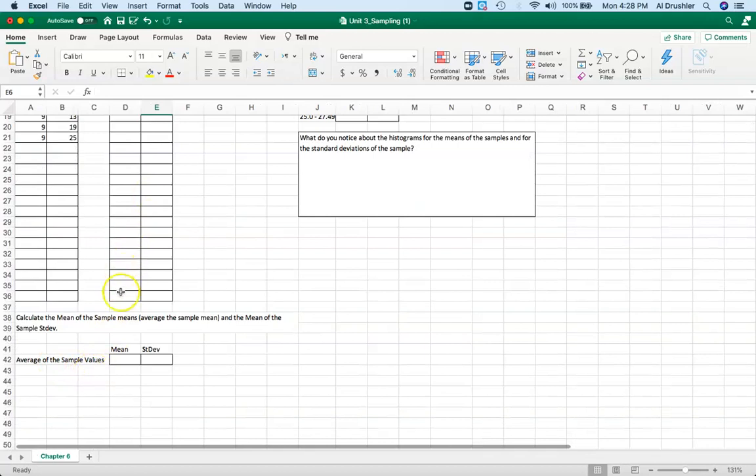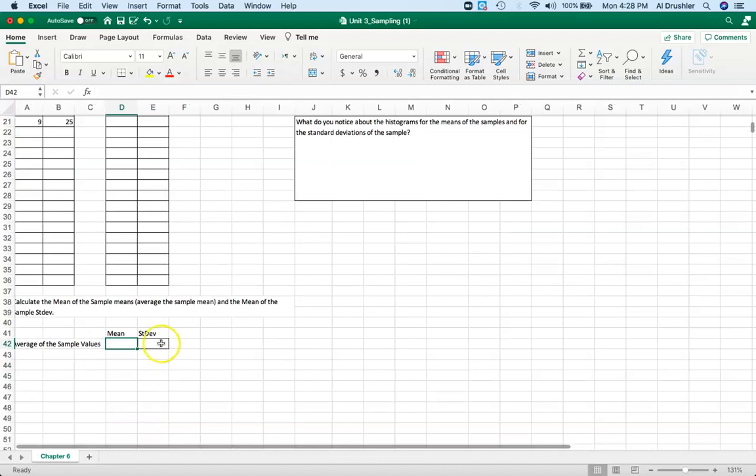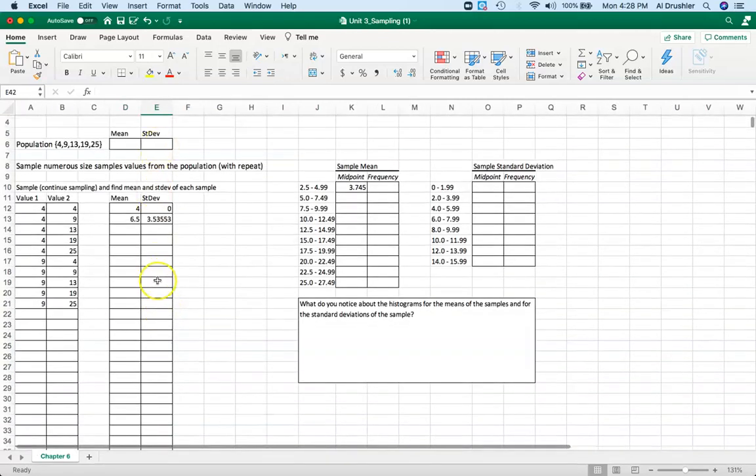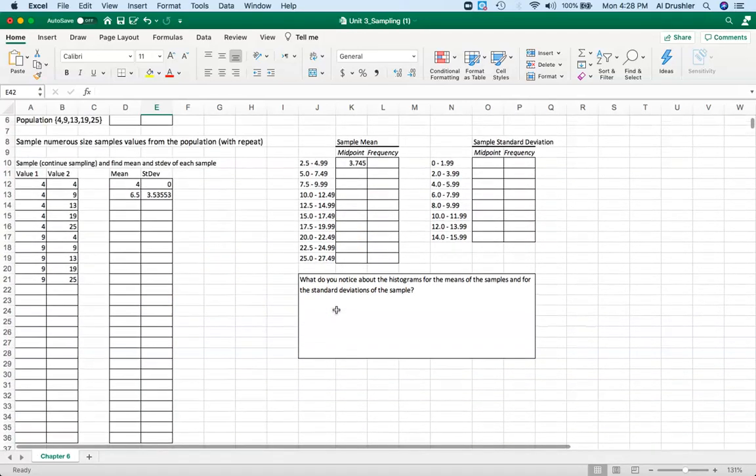Oh, I skipped a step. You do have to find the average of the sample means and the average of the sample standard deviations. So you can incorporate all that into your discussion. All righty. If you have any questions, send me